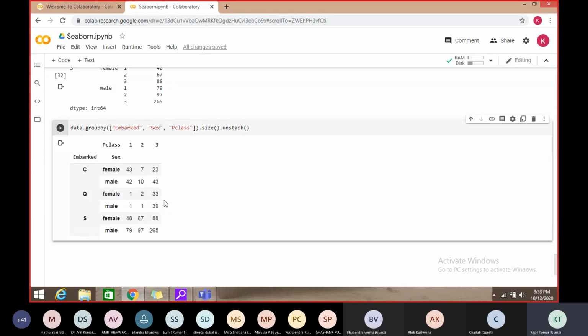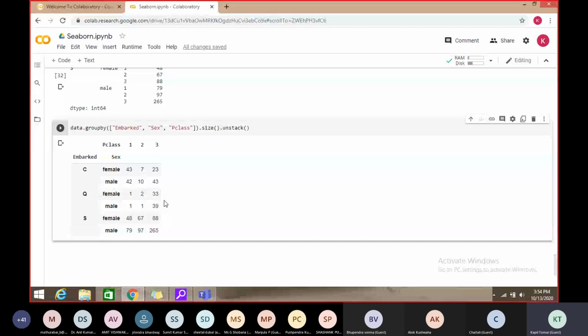Similarly, with the help of graphs, we can check. I want to draw a bar graph or just another graph for another column so that I can analyze it.